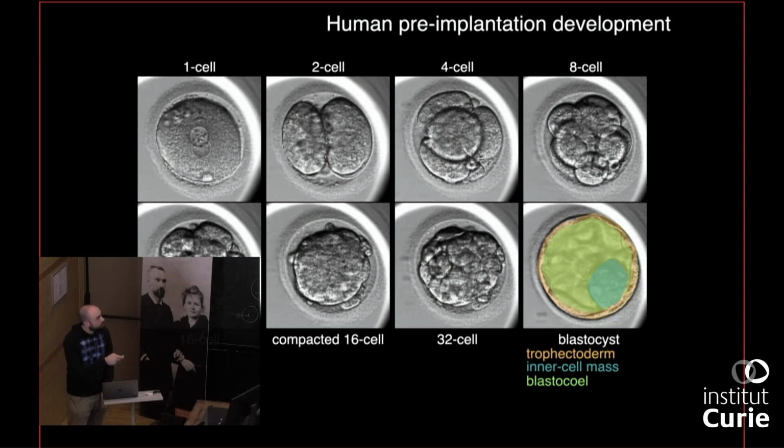The trophectoderm on the outside will only contribute to extraembryonic tissues of the placenta. It will not contribute to the embryo at all. The job of the trophectoderm is to inflate this lumen and to attach to the uterus and implant the embryo into the maternal uterus. So without the formation of this trophectoderm, it's not implanting, right? So that's the end of it.